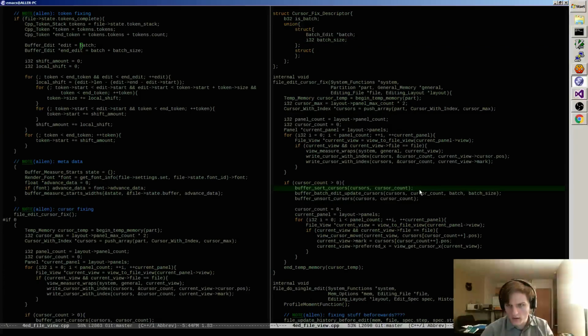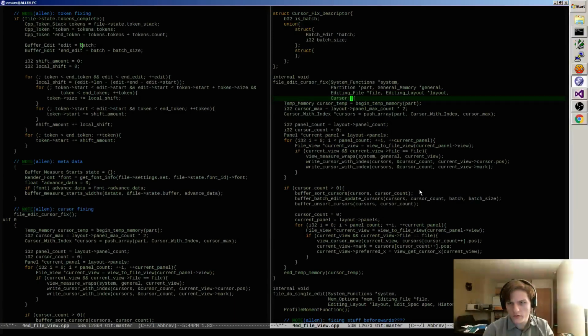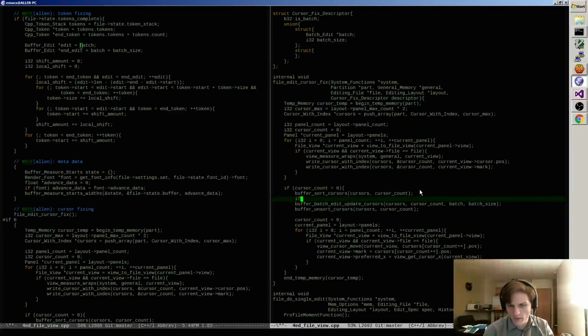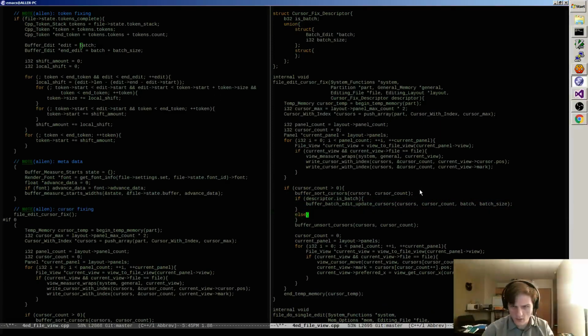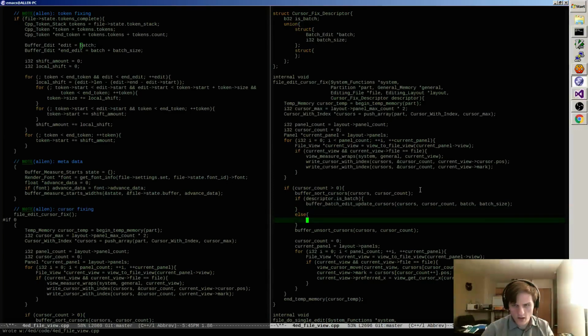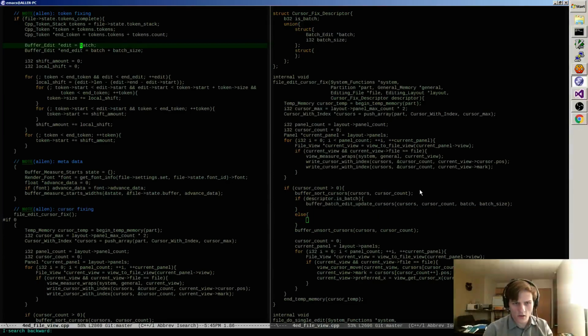So right here, first of all up here, cursor fix descriptor. And right here, if descriptor dot is batch, do all this, otherwise, and this is where it gets fun, pop up to,